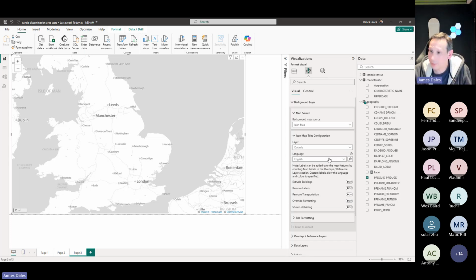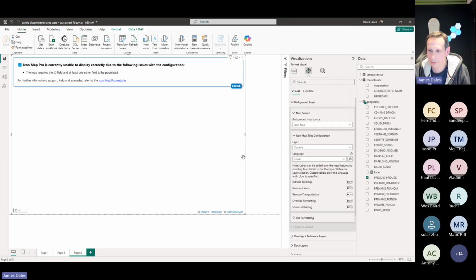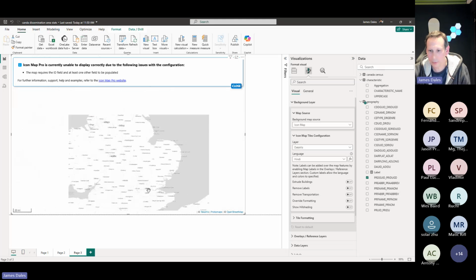But we've also provided a much requested feature, and that's to be able to customize the language of the labels, at least where we've got those translations. So if I choose Hindi, for example, you'll see that London, Birmingham and Manchester, Liverpool have got Hindi equivalents of